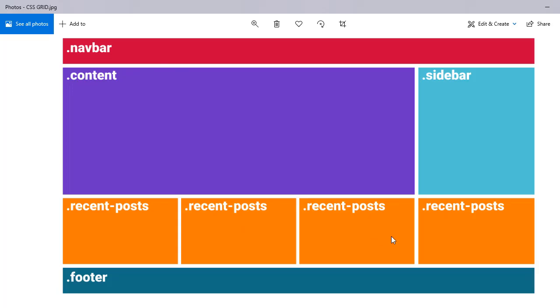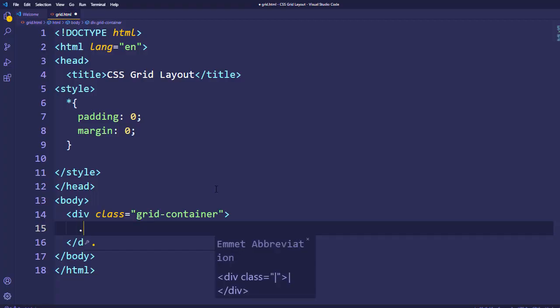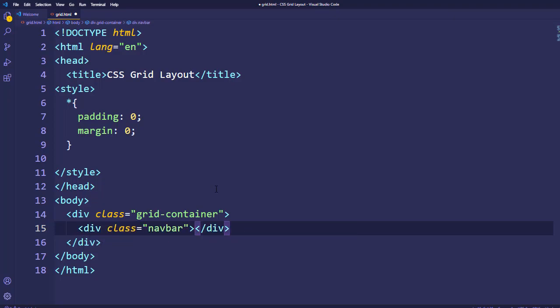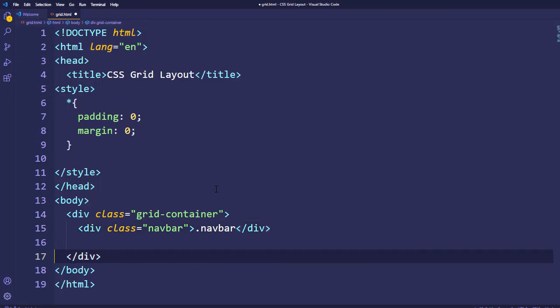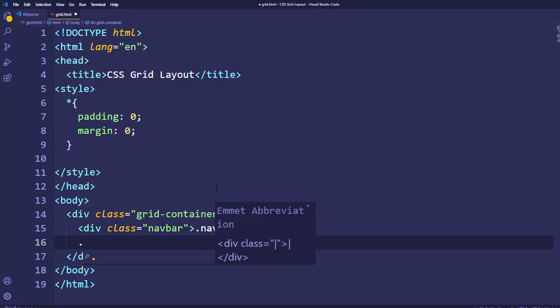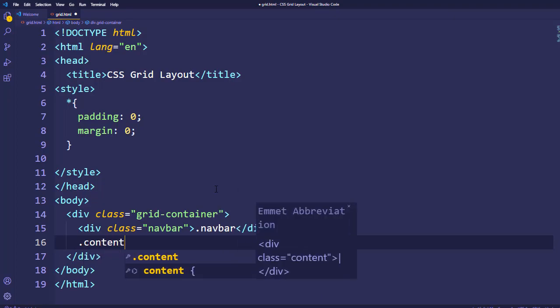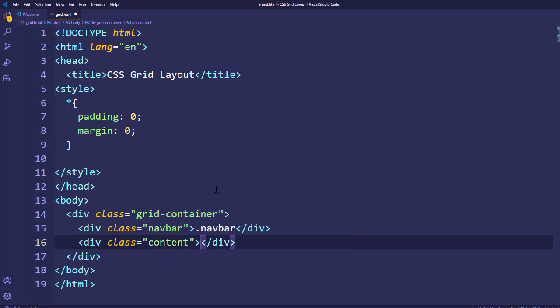So I will go there. First of all, I will create a class called navbar, and after this I will add the dot navbar here, so we can understand which item has which class. I will create another class which is dot content, and here I will put dot content.